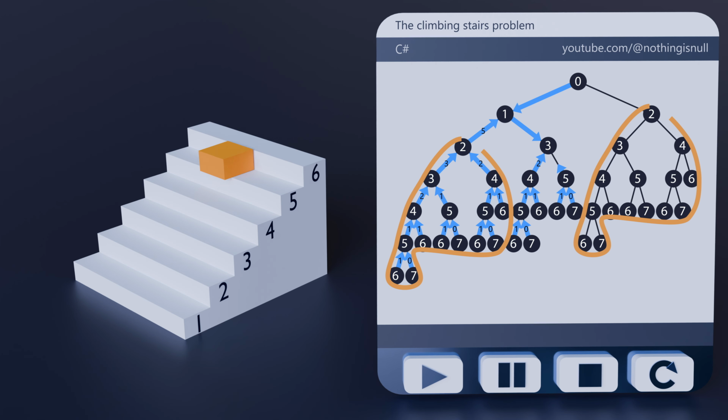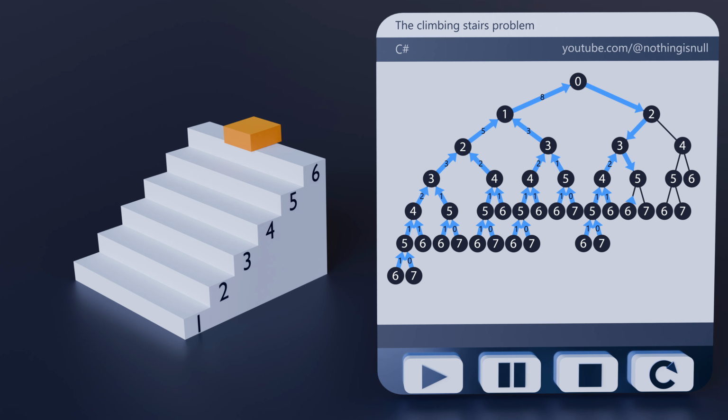What we'd like is a mechanism that would tell us if a step is already computed and return its value rather than computing it again. And this mechanism is called caching or memoization, and it helps us store the results of expensive function calls so we can use them along the way. And when we add memoization on top of our recursive solution, we get a true dynamic programming solution.